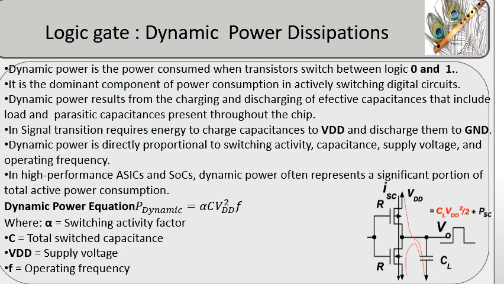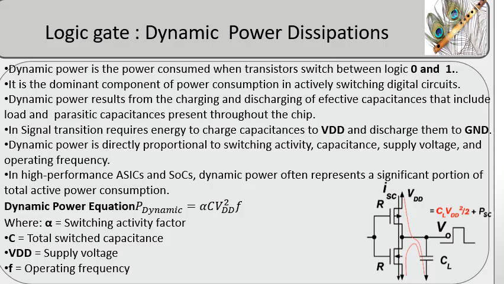Dynamic power is the dominant component of power dissipation in a CMOS inverter during normal switching operation. Every time the input changes logic state, the PMOS and NMOS transistors alternately charge and discharge the total output load capacitance. This load capacitance is the combined effect of transistor parasitic capacitances, interconnect, diffusion, and the input capacitance of the next logic gate. During a low to high output transition, electrical energy is drawn from the power supply to charge the load capacitance. During the subsequent high to low transition, the stored energy is discharged through the NMOS transistor and